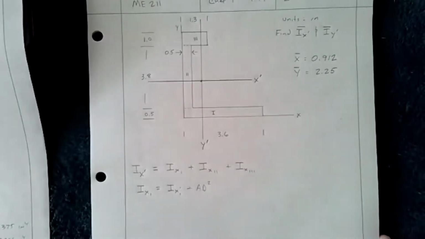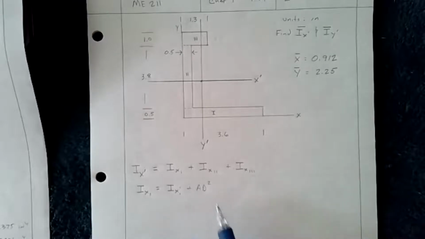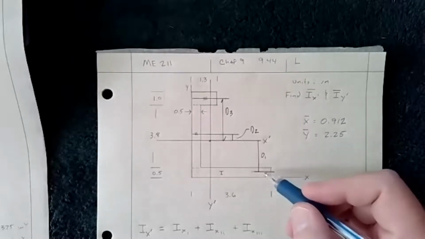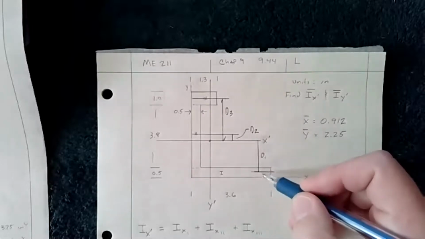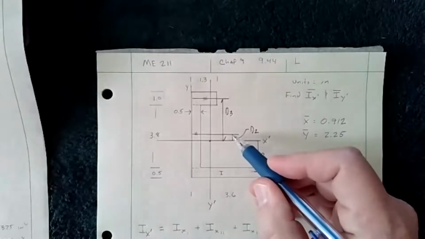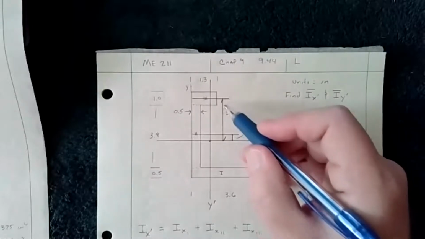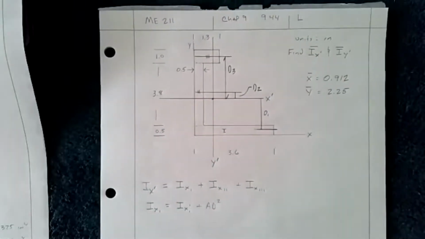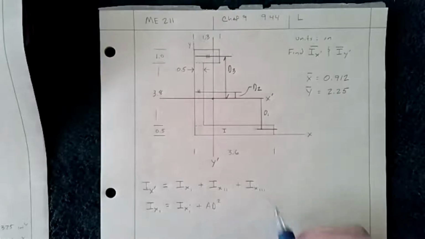So what I'm going to do now is go ahead and write in the different distances, and that might make it a little easier to see what's what. So I've drawn these in, hopefully they help. This shows you the distance d1 from here to here, the distance d2 from here to here, and the distance d3 from here down to there. So in the equation then, when we do this, we're going to have